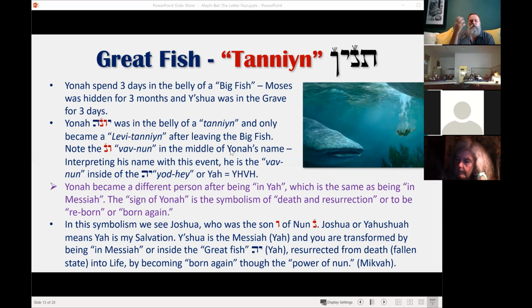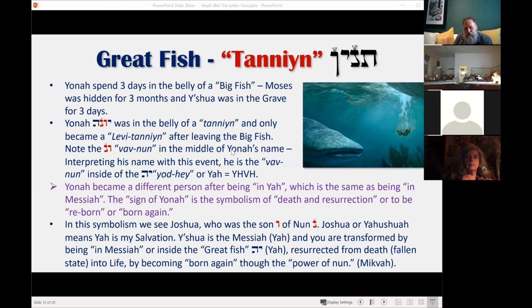And coming out of the water is that rebirth process that Yonah also experienced, the same as Moses, the same as Yeshua when he rose from the dead. And the same when you go into the water with the mikvah, when you come out, you are not only reborn, you're also priesthood. And just like Yonah, you can go and speak to the people of Nineveh, warn them, and then they will be saved. And then the nations will go to the river and assemble and be part of the process of building the house of Yahweh, being enlightened, just like we saw with those words starting with the Letter Nun.